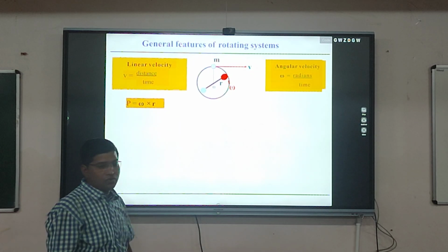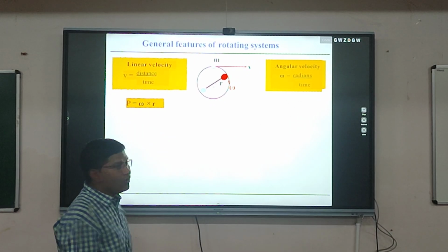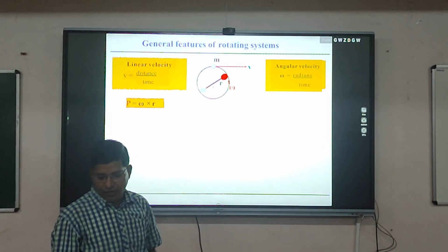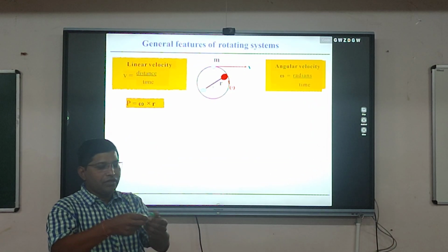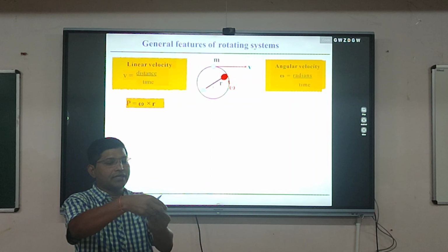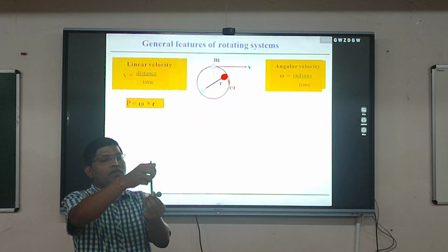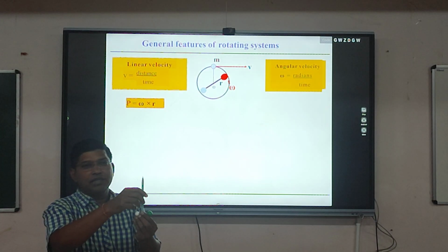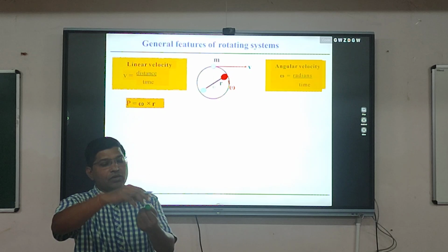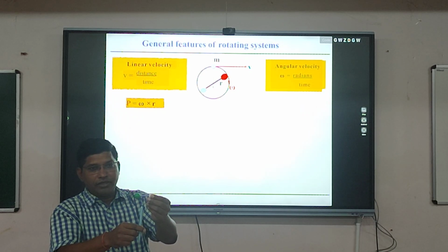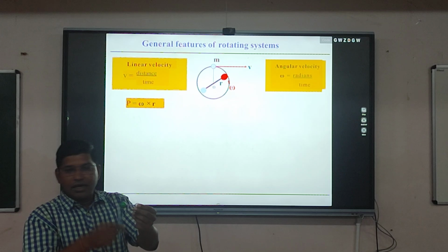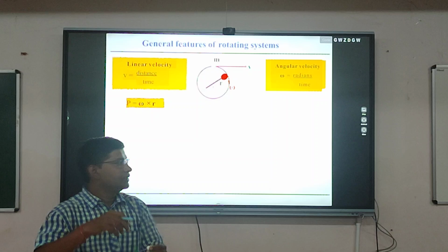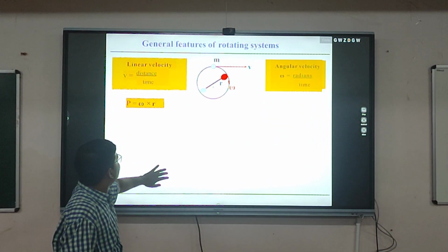And if we want to know the angular momentum, the angular momentum is perpendicular to the plane of rotation. Suppose this molecule is rotating in this direction, so the direction of the angular momentum will be upward. Okay, so it is based on the thumb rule. And if it is rotating in the opposite direction, the angular momentum will be downwards. So the angular momentum depends upon the axis of rotation of the molecules.